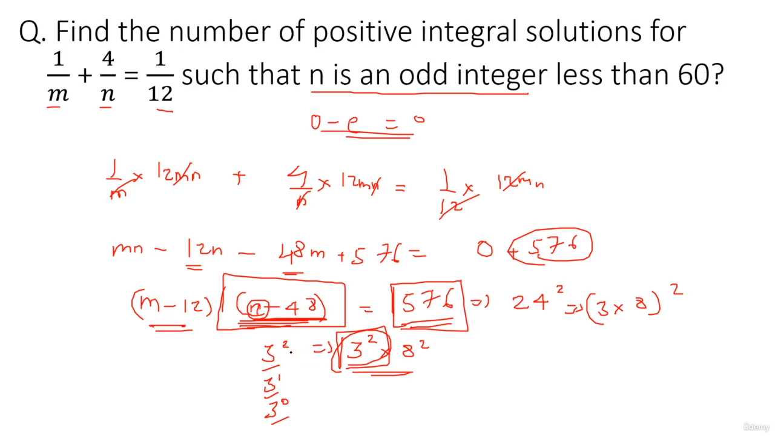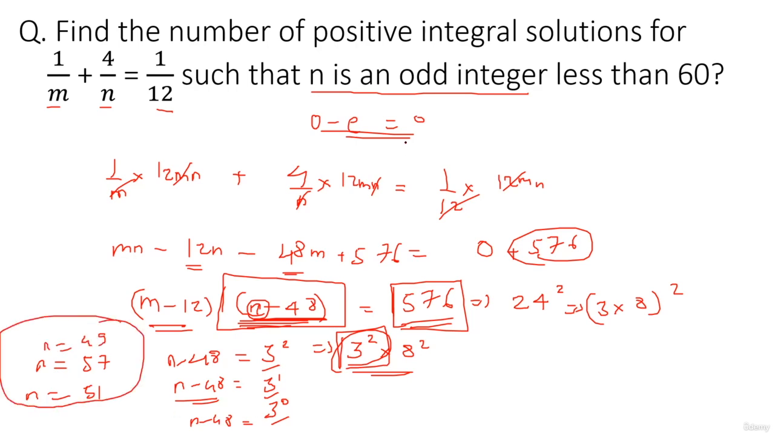Now, n should be an odd integer less than 60. Let's check. Let's equate n minus 48 with the first odd factor 3 square. 3 square is 9. If n minus 48 is 9, that means n will be equal to 48 plus 9, 57. The other values will definitely be less than that. So n minus 48 will be equal to 3 in the next one. If n minus 48 equals 3, n will be equal to 51. And if n minus 48 equals 3 raised to 0, which is 1, n will be nothing but 49, right? So we have three possible solutions for n being an odd integer and less than 60. Answer is